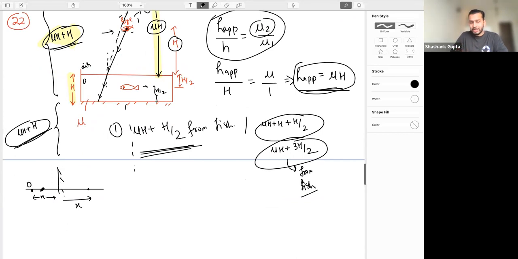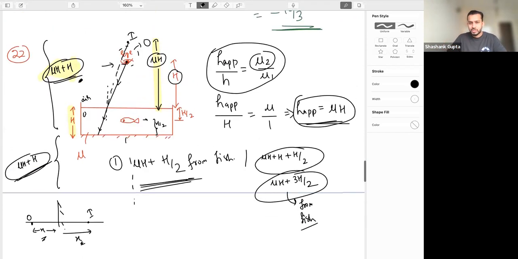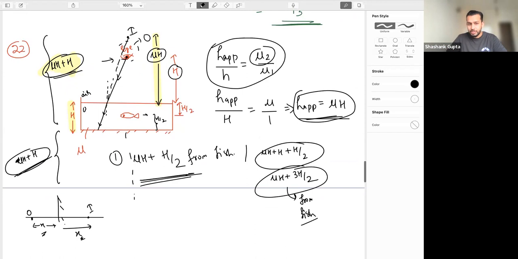If the mirror is here, can I say the distance from the plane mirror is exactly the same on the opposite side? Can I say if this is x, this is also x? This is clear about the plane mirror. So first class of the plane mirror, I'm sure, right? So if this is mu h plus h, for the plane mirror, that image will be exactly on the opposite side, somewhere here, at a distance of mu h plus h. Is that clear? But on the opposite side, right?